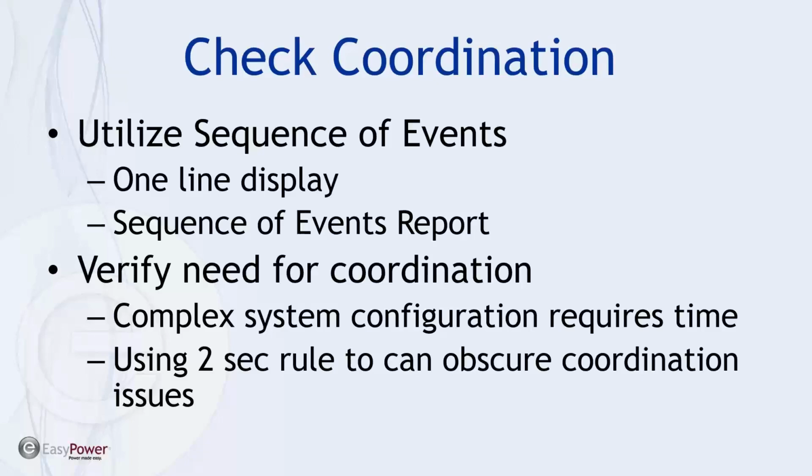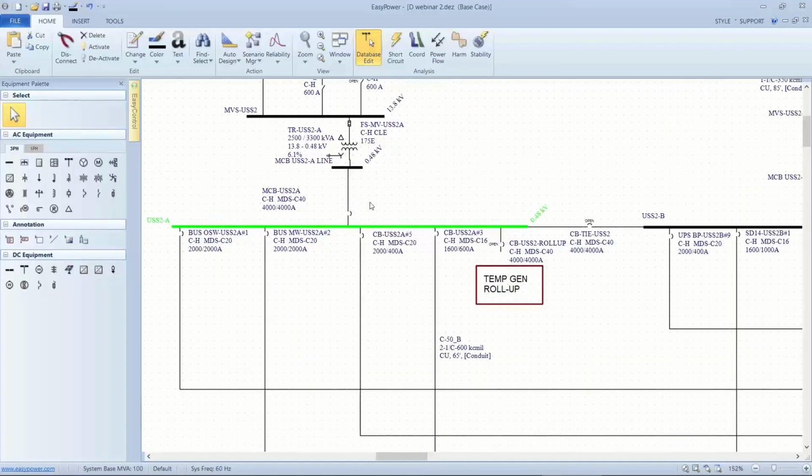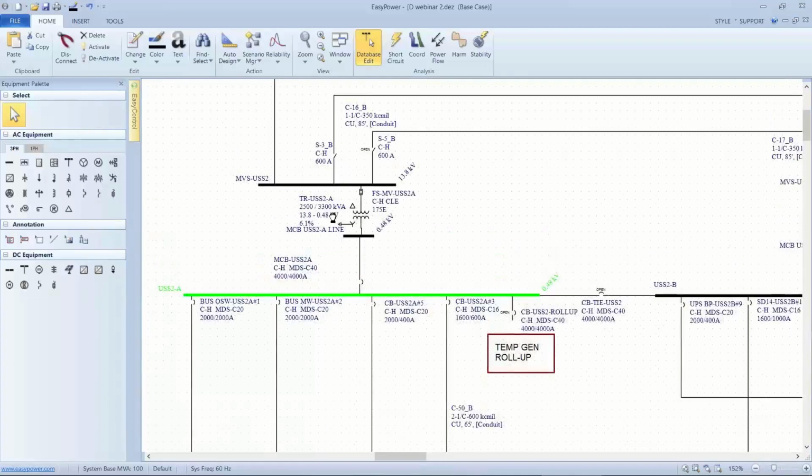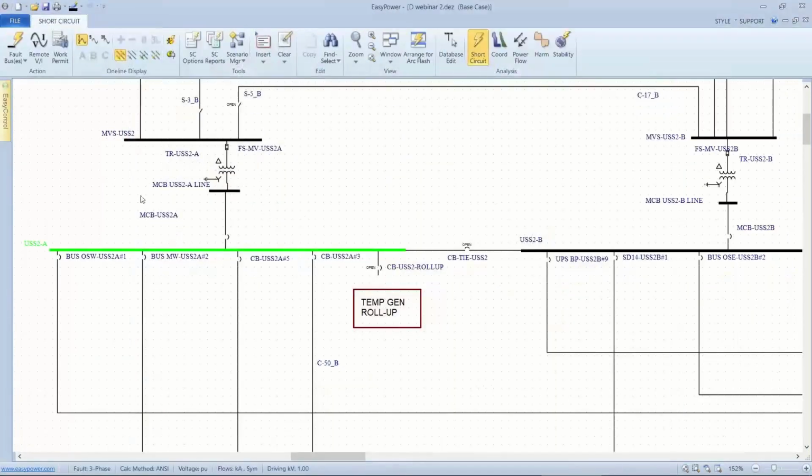And part of it was due to the fact that he prematurely addressed the 2-second rule. So the report was, we're getting elevated arc flash calculations on this particular bus. And it looks like it's a 480 volt bus, and there's several different breakers and some upstream sourcing from 13.8 kV. If we go to short circuit and fault this single bus,